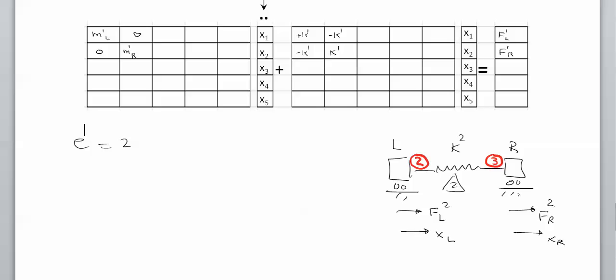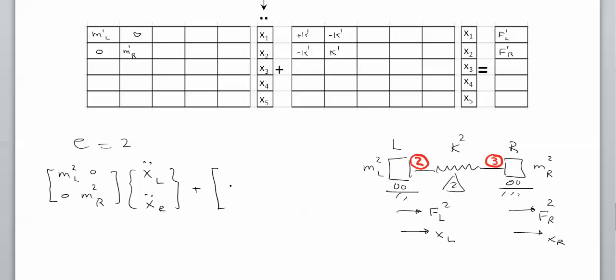All right, so how does the equation of motion look like? And by the way, this is your M left mass from element number 2, and this is right mass from element number 2. So the equation of motion for this element becomes M L, M R from element 2. There's a 0 here and there's a 0 here. XL double dot, XR double dot,